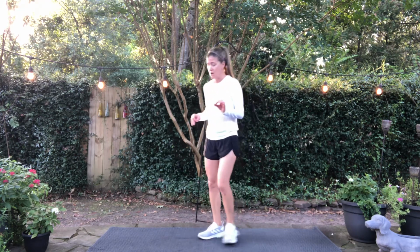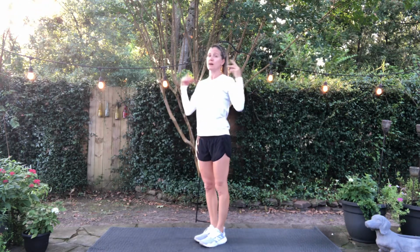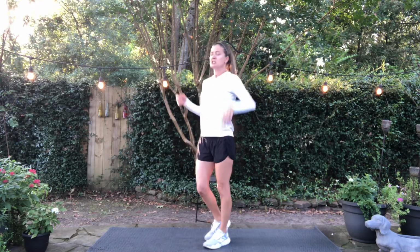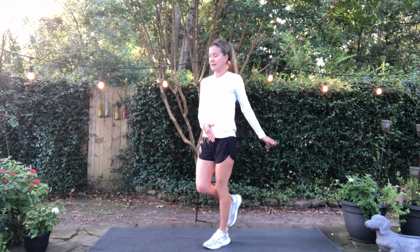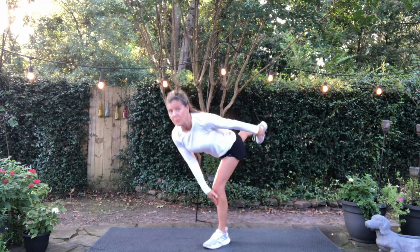It's a 1-leg deadlift with an optional hop in there. So I want you to start with good posture here. Shoulders need to stay in your pocket. I'm going to show you the right way and the wrong way. Just a slight bend in that left leg. I'm going to slide that right hand down my left leg, keeping my shoulders in the pockets, and I'm going